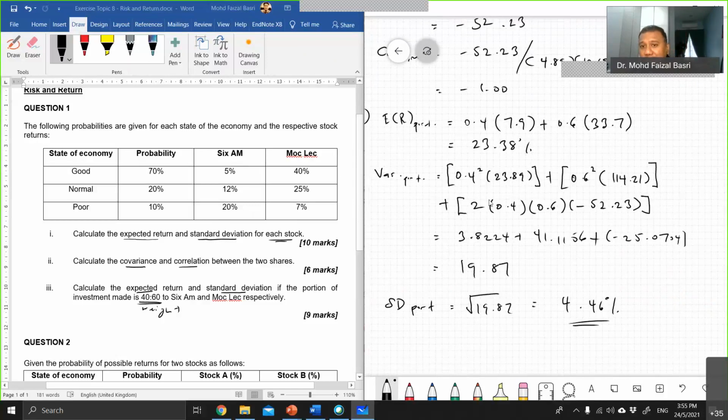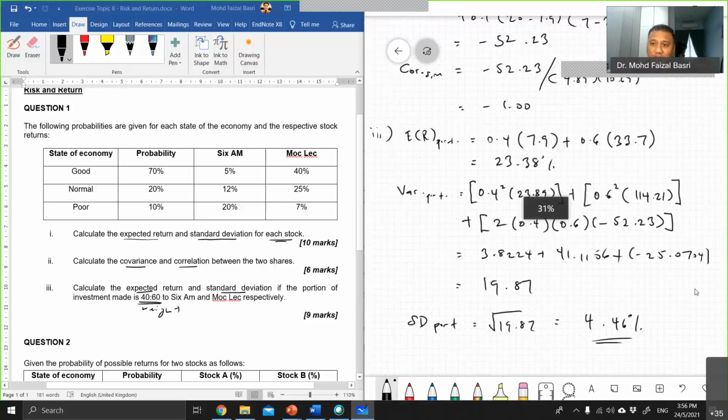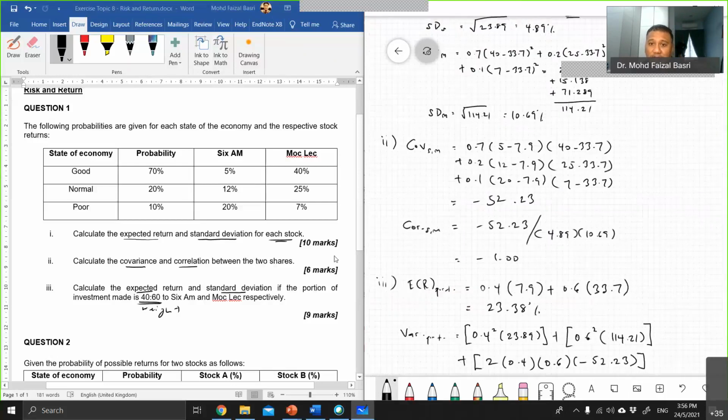So therefore, I'm going to go with this. I will split my money in this manner, and therefore I'm going to lower my risk and I can enjoy higher returns, as compared to putting all my money in either stock S or stock M individually. I get possibly higher returns with very minimal risk. All of this will give you a total of 25 marks, if following this question.